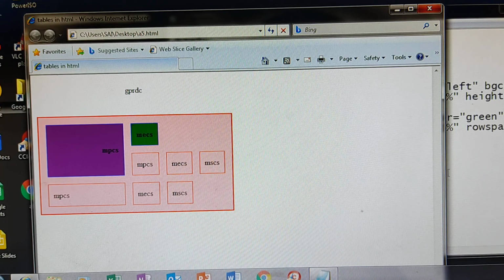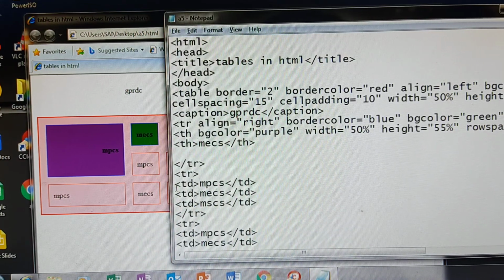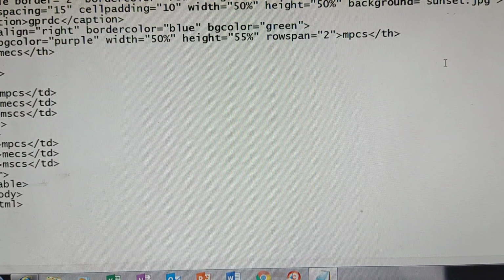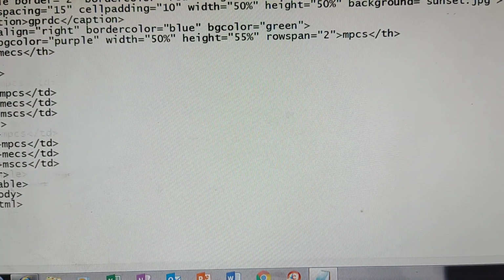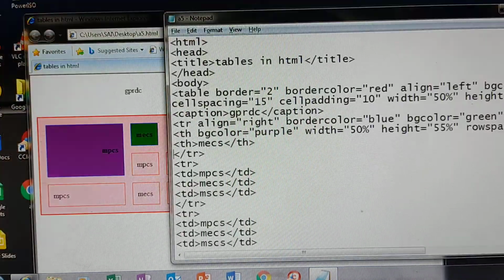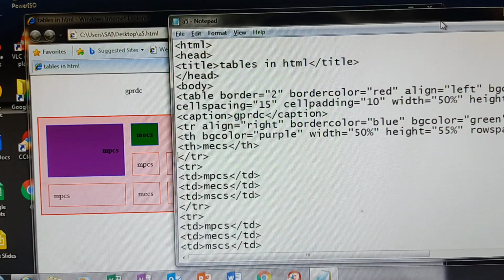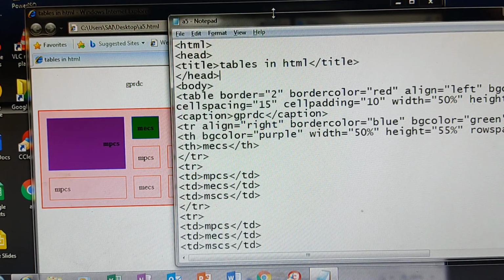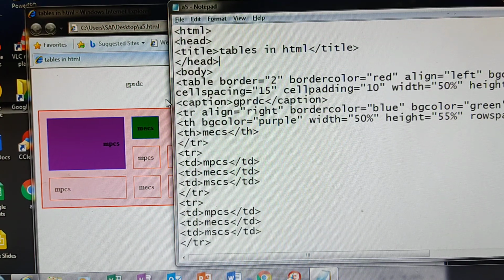According to your requirements, you can add different attributes inside the table, TR tag, TD tag, TH tag. As I already said, whatever attributes you have included inside the table, all those attributes you can include inside TD, TR and all.